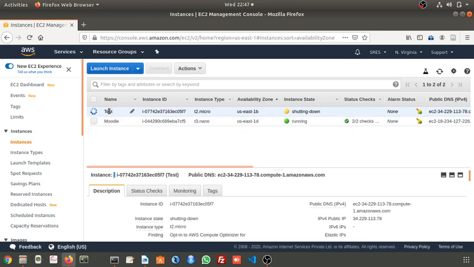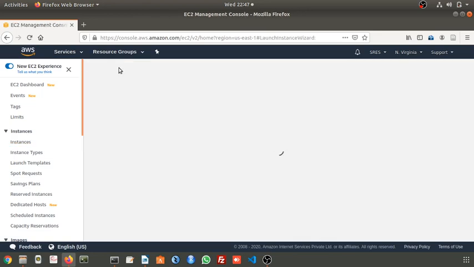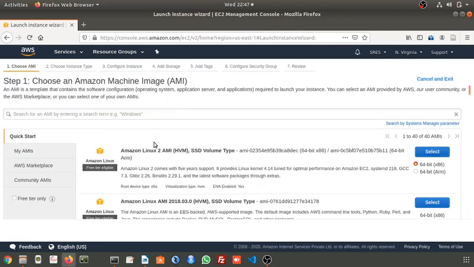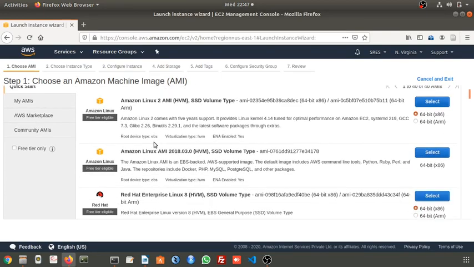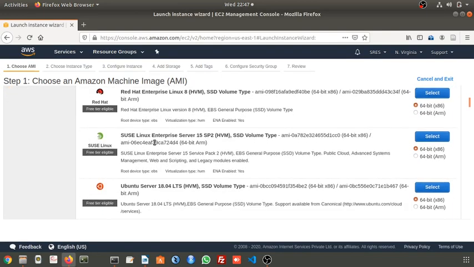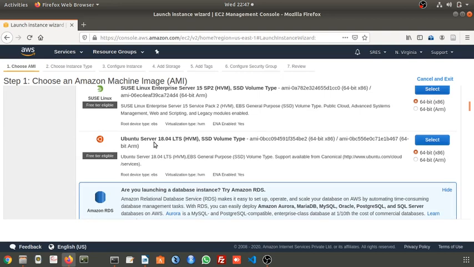Okay, I'm going to create an instance. What to do? Go to Launch Instance. Next, as I said, we are going to install the Ubuntu operating system on our virtual machine.